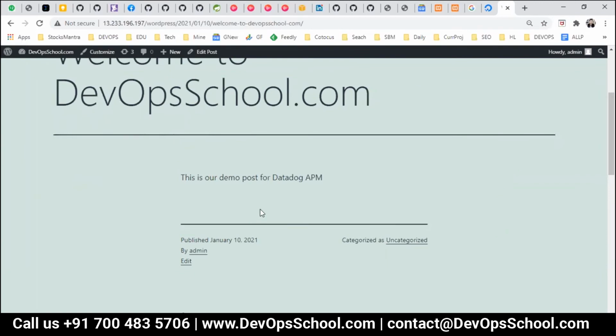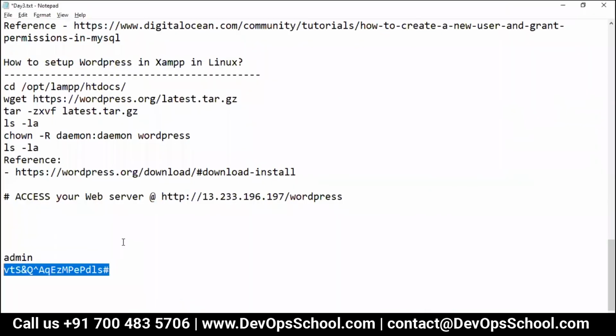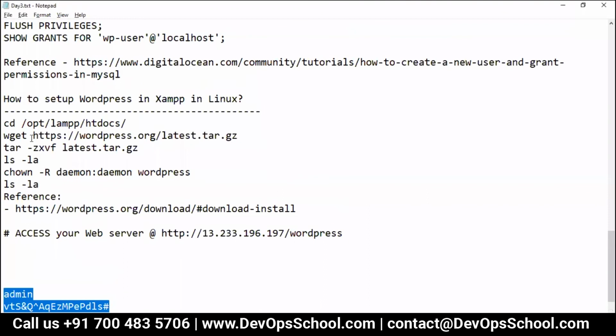Did you understand that, all of you? Any questions? Any doubts? No, so far. Okay, so guys, this is also done. So now the user ID and password I'll share with you. So this is also done. How to set up WordPress. All the screenshots I have are self-explanatory, most of the things.